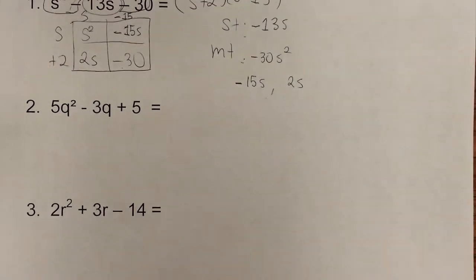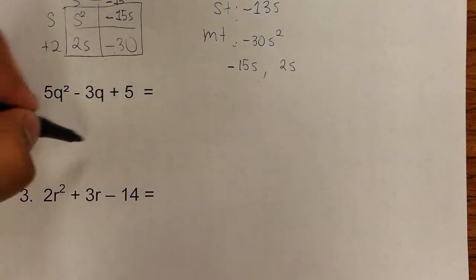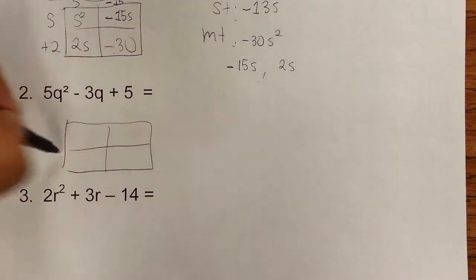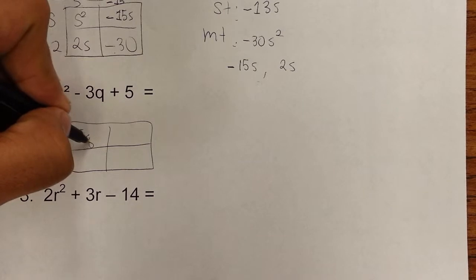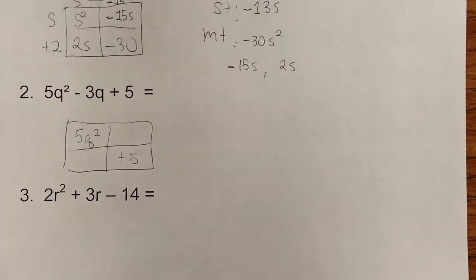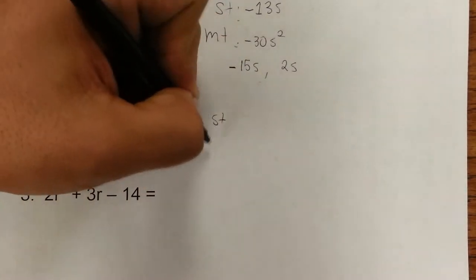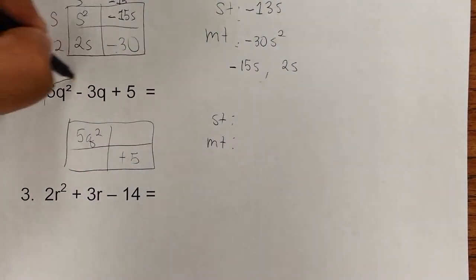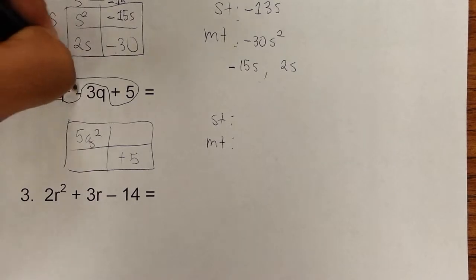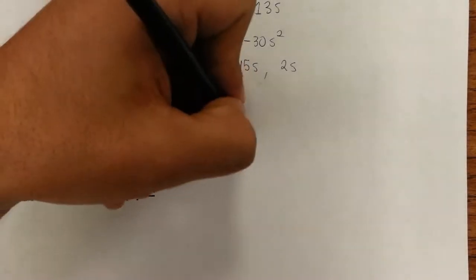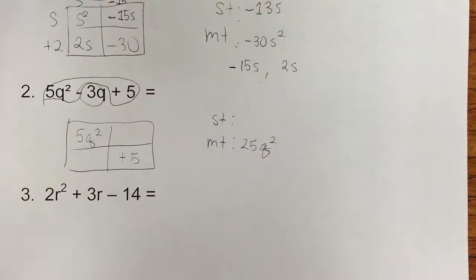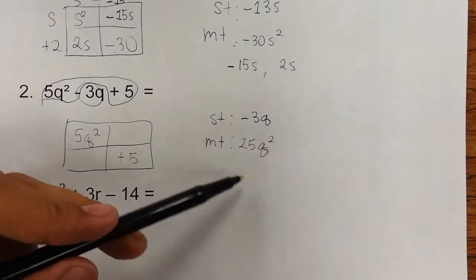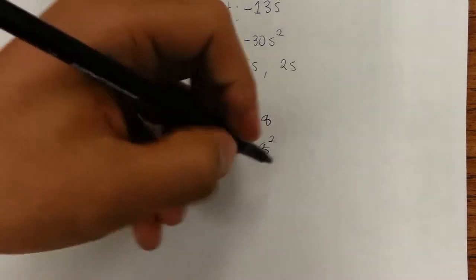Okay, now let's work on number 2. We've got a 5q squared minus 3q plus 5. We've got the 5q squared and the positive 5. We use the sums to and multiplies to. Now we need to multiply out to 5 times 5 is 25, so we've got the 25q squared, and then need to sum up to the negative 3q. Now if we have a positive product and a negative sum, both of our terms have to be negative,